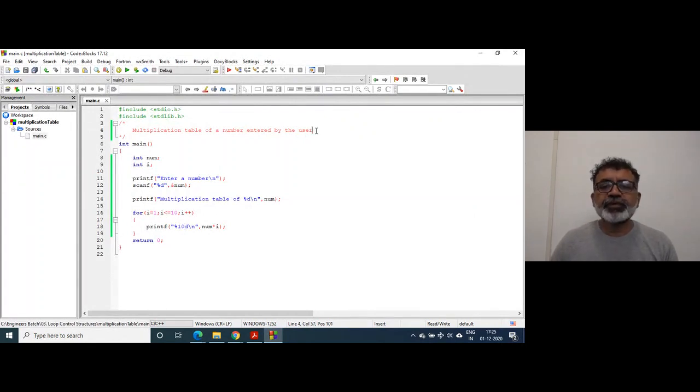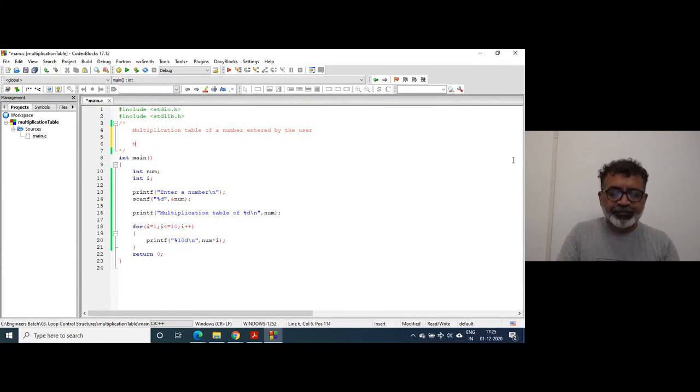Now, suppose I want to print multiplication tables of numbers from 1 to 10. What do I have to do? I have to print, right?